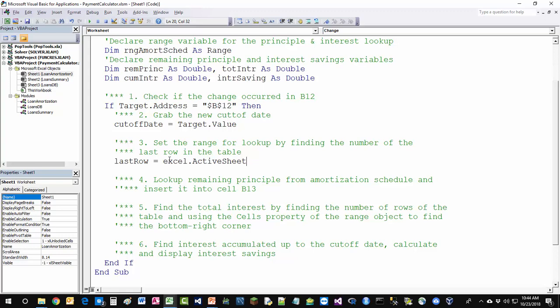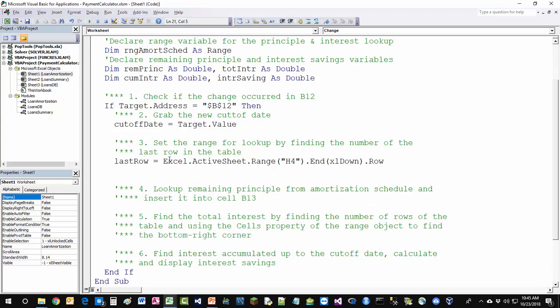We're going to start with the top left corner, the familiar cell H4. I'm going to use the End property and xlDown, which is like pressing Ctrl plus down arrow, and its Row property to get to the bottom of the range that is continuous,